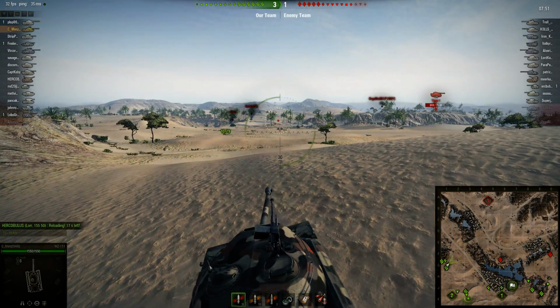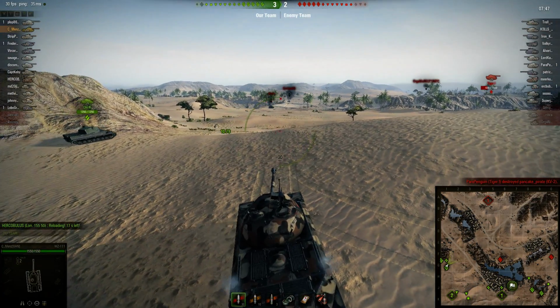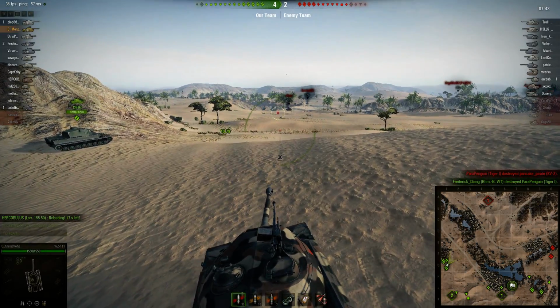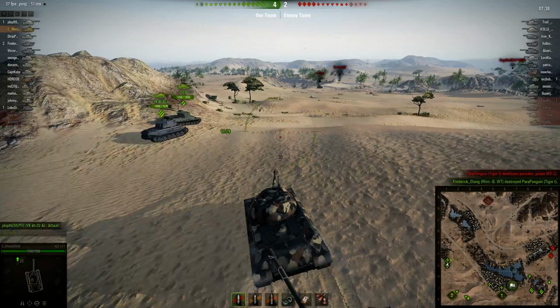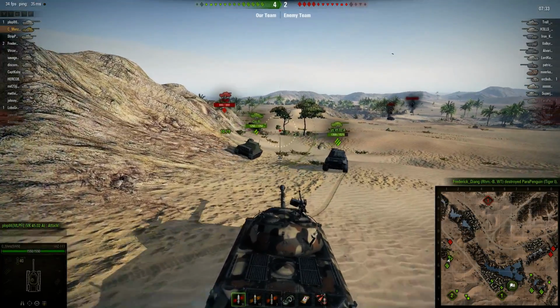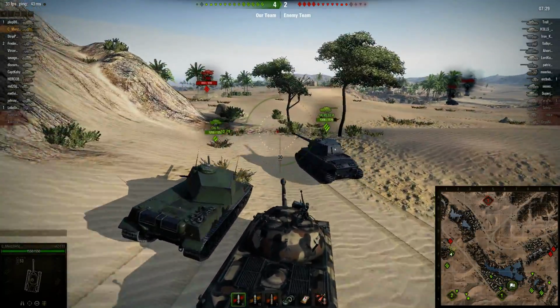T-28's sitting out in the middle there. I want to be careful. Okay, Tiger 1's down. I'm not spotted, so I'm gonna make a push with these guys. We might take a shot or two from the enemies in the center field, but we should be able to break through. As long as if they...